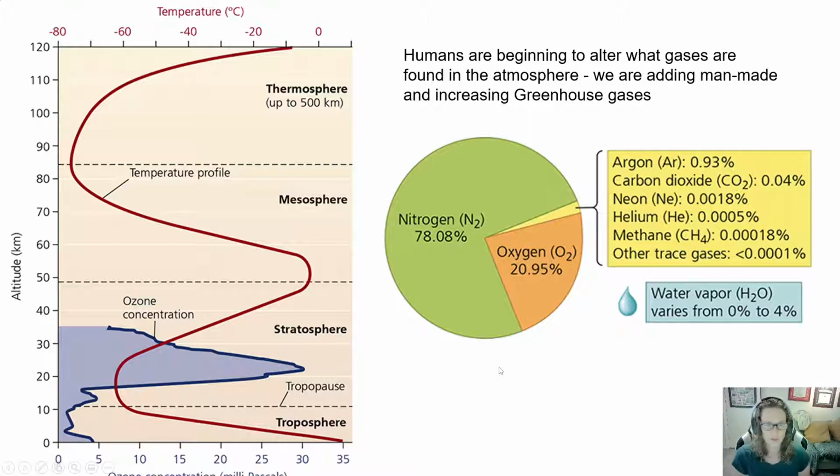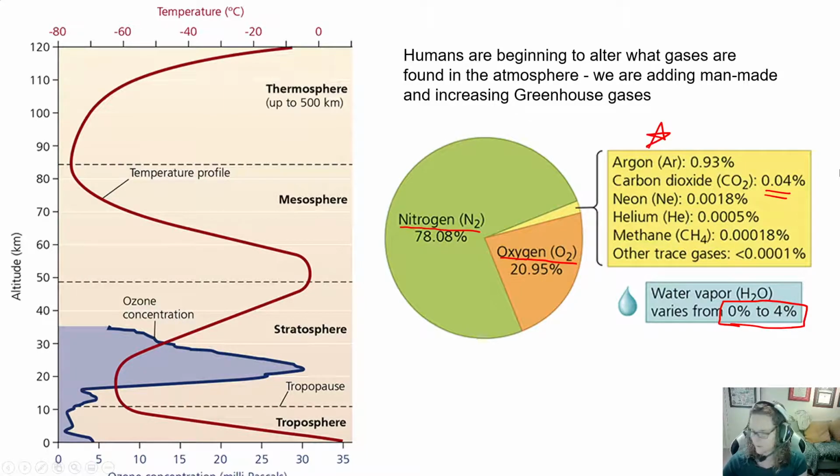So a little review on the atmosphere. Remember that most of our atmosphere consists of N2, nitrogen, and then if you average it out, about 21% is oxygen. We do have other gases in the atmosphere, argon. There is carbon dioxide naturally, 0.04%. And as you can see, a little bit of other gases and some water vapor between 0 and 4%, depending on the humidity and where we are located, and looking at that level.